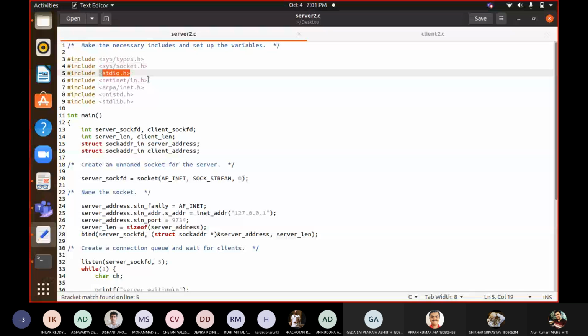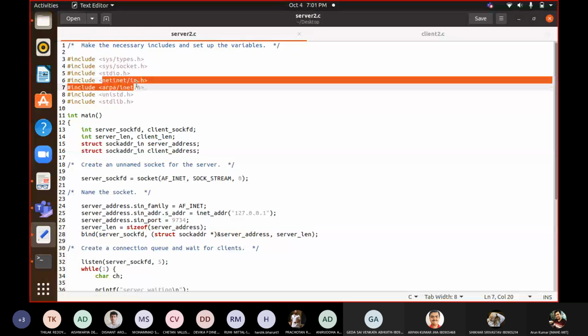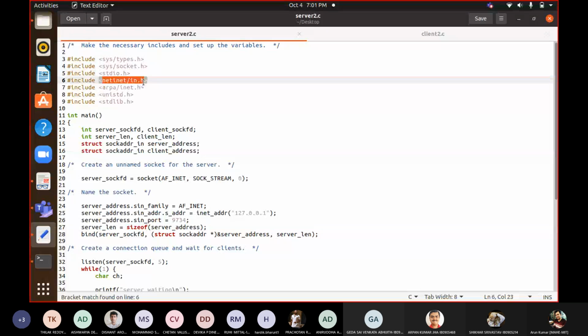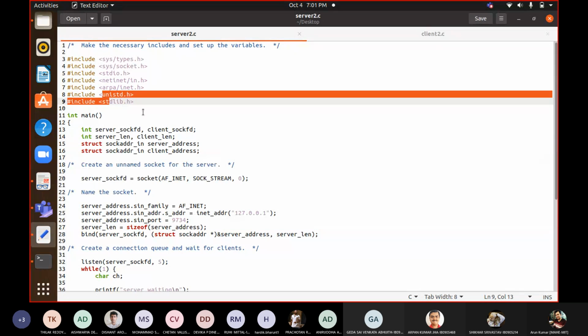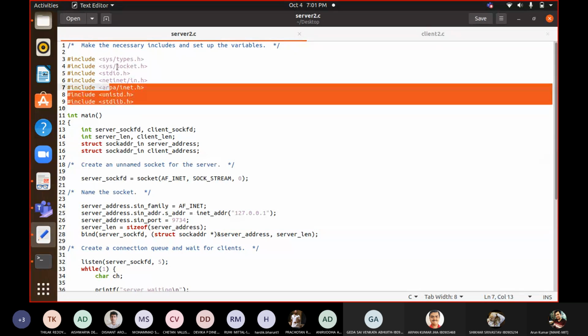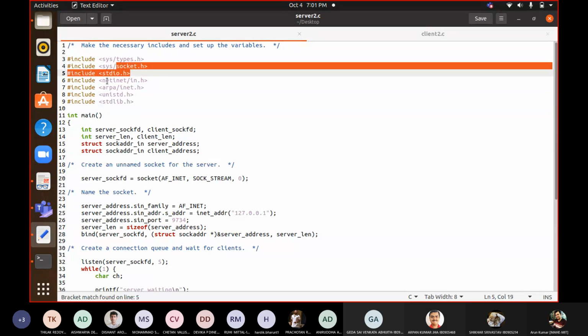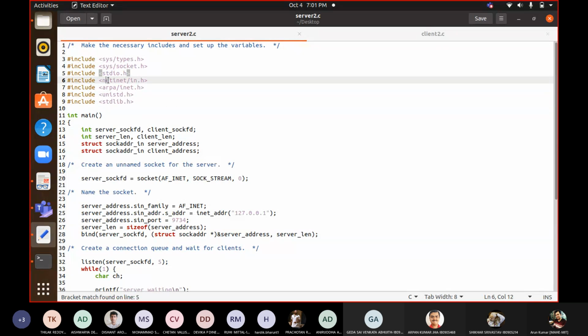Then this is also for our purpose, for converting your internet address to the host address, means in bit forms. And then this is also for some internet purpose. Simple files are there. These are specifically for socket.h, netinet, this arpa/inet. These are 3 or 4 extra files which you have to include.